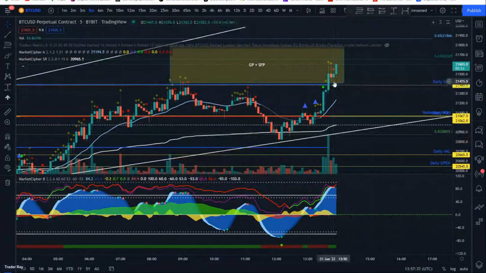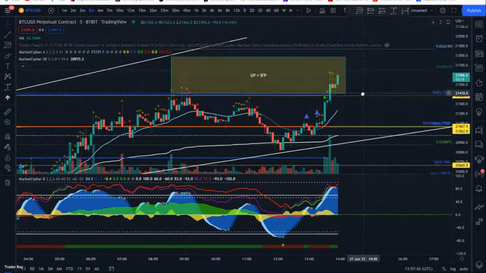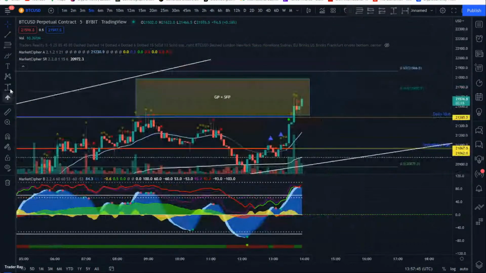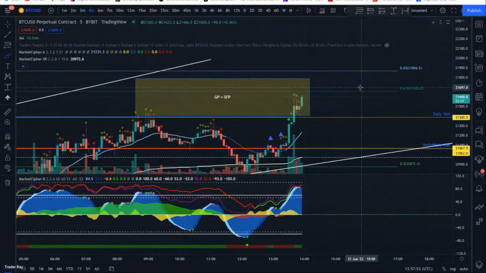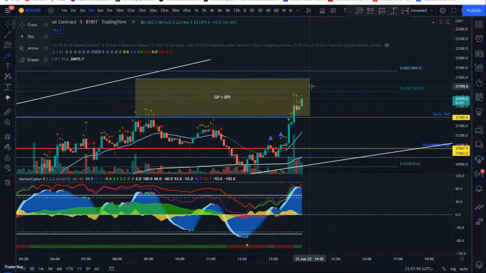Unlike the bearish side, I'm afraid that we might get dumped down once we start getting into this golden pocket that you can see right here. Those are the two lines. This is our golden pocket right here between 21,650 and 21,850 ish. That is our golden pocket. We are half an hour in. I think that if Wall Street wanted to do a fake move,